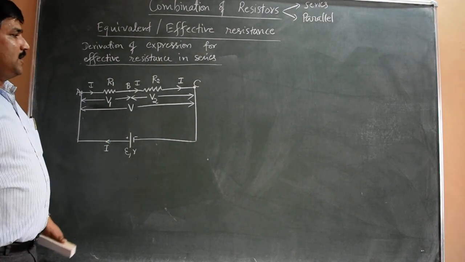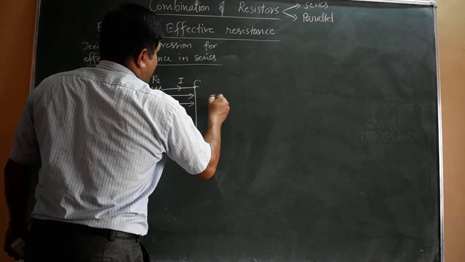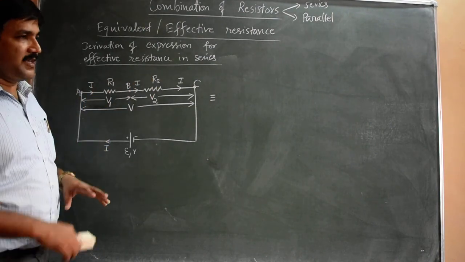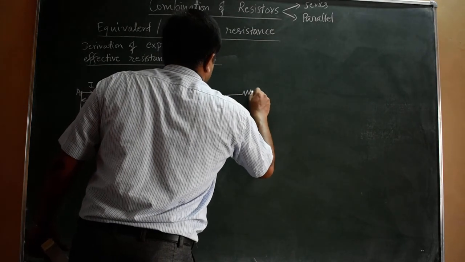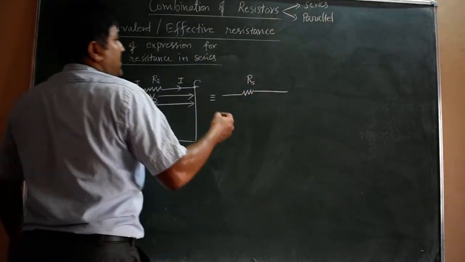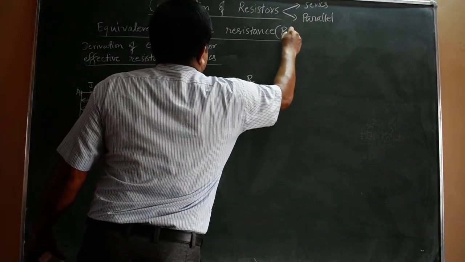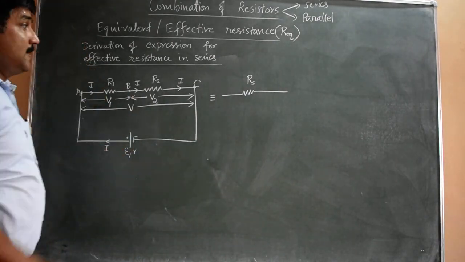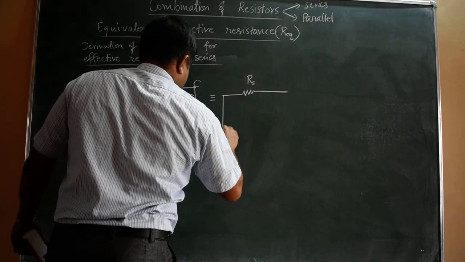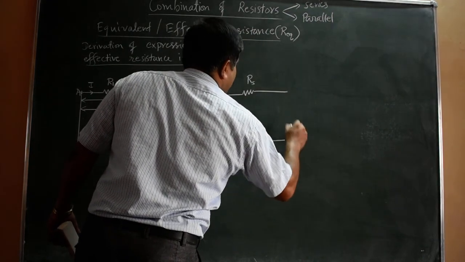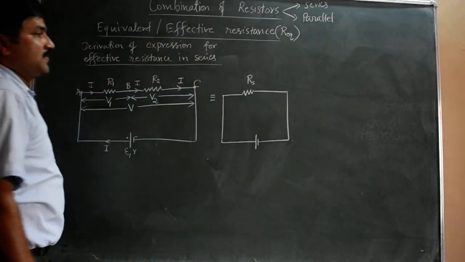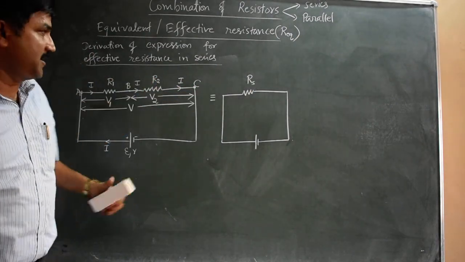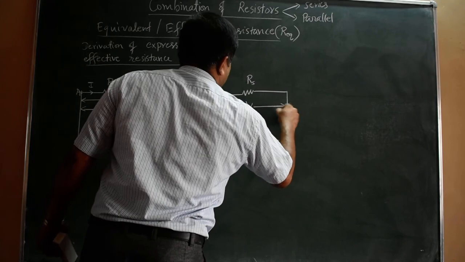Now this circuit is equivalent to one where I replace R1 and R2 with their effective resistance. This is series, so I can write it as RS. For the sake of simplicity I take RS; you can take REQ also, as sometimes we write REQ for equivalent resistance. So RS is the equivalent resistance of this series combination of resistors. Across the same cell, if I connect a resistor of resistance RS, which is the effective value of these two resistors in series, then the potential difference is V.